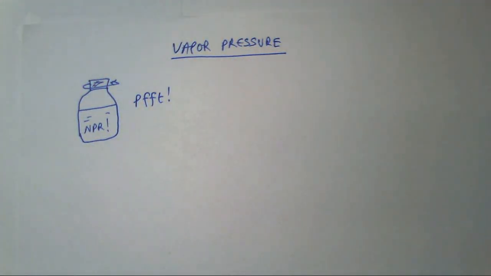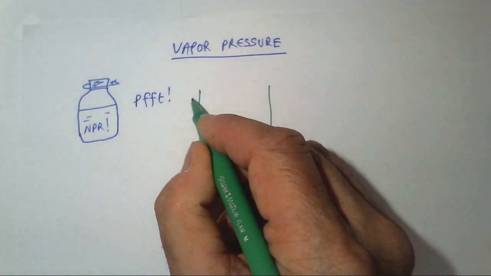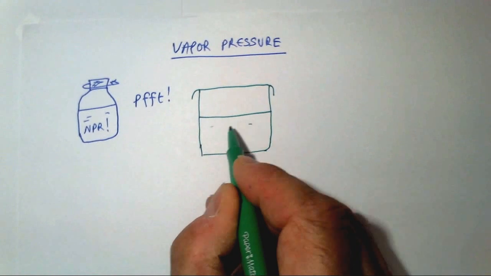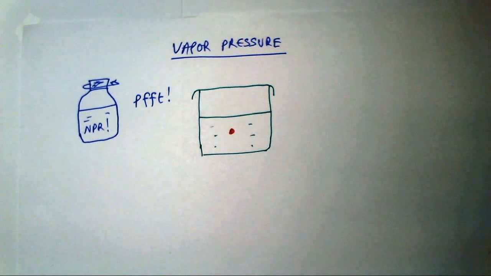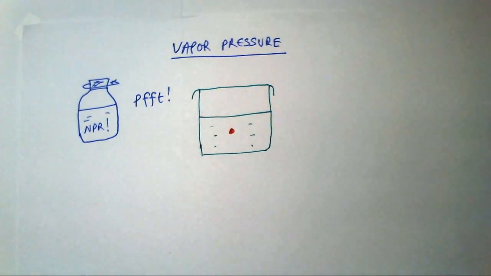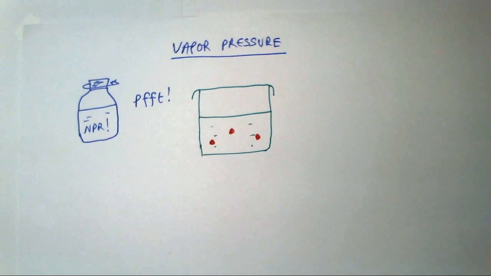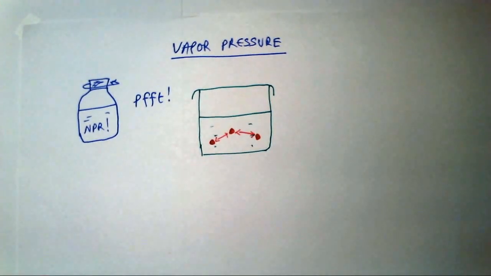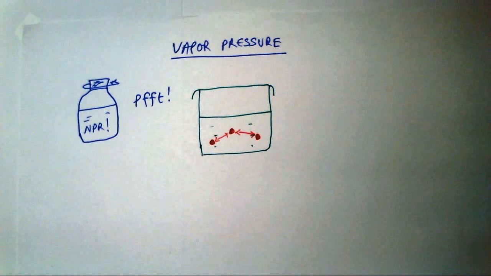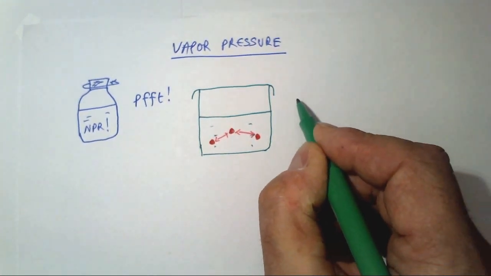So let's suppose that I have a closed container, and I've got some liquid in there. Here it is. And let's consider a molecule in the liquid. As you probably know already, there are intermolecular forces between molecules. So let's draw 2 or 3. I don't want to draw too many molecules, but we have intermolecular attractive forces between the molecules. And I'm assuming that you have covered intermolecular forces by now, but just in case you haven't, or if we want to review them anyway, we could say that there might be